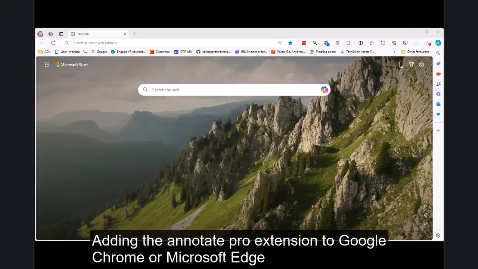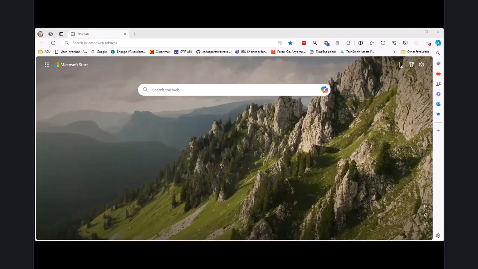Okay, so here's a series of videos explaining to you how to put Annotate Pro on your computer, both your computer at work and your computer at home, in case you want to use that to do quick marks type marking. So inside of Chrome you would just go to the Chrome store and download, but inside of Edge, which